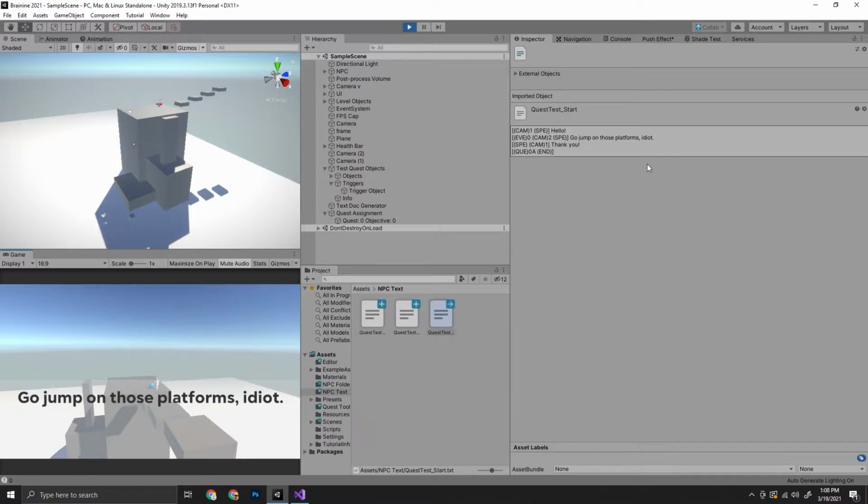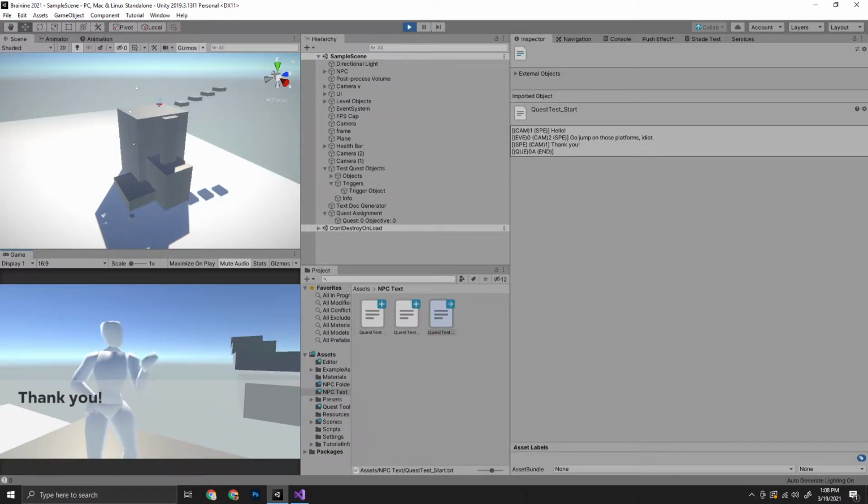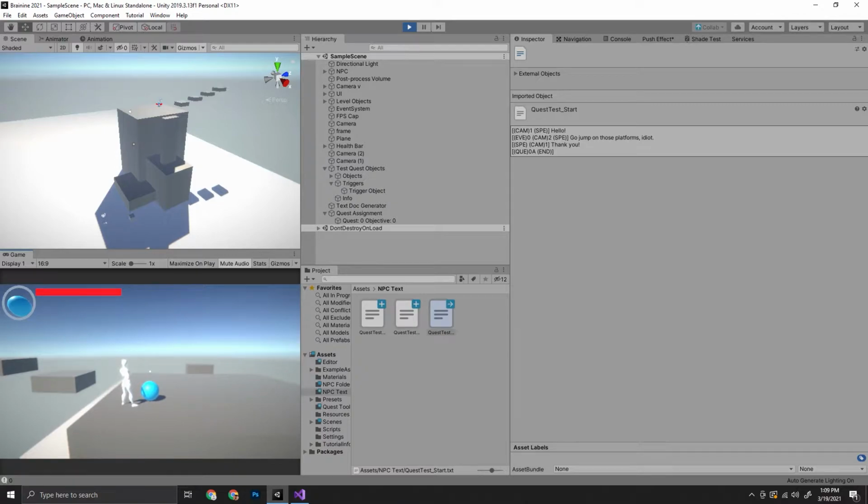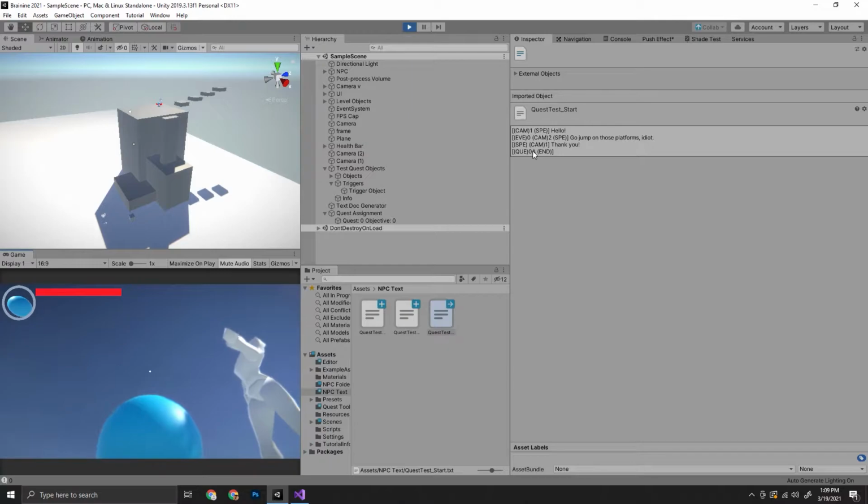Now if we go to the next line when I press T, it'll have speech. Speech will say thank you. It'll switch back to camera 1. So we'll go in there and press T. And exactly that happens. Now on the next line, which I just accidentally went to without explaining it first, quest